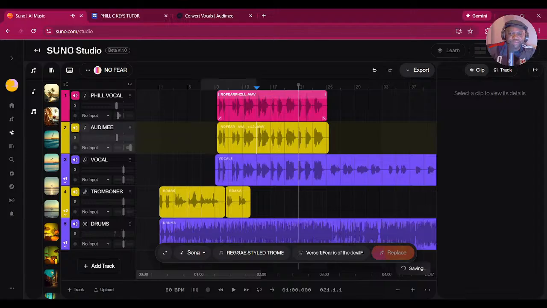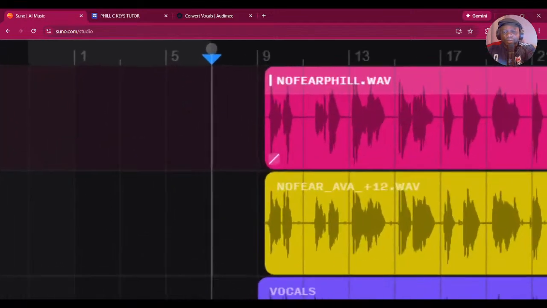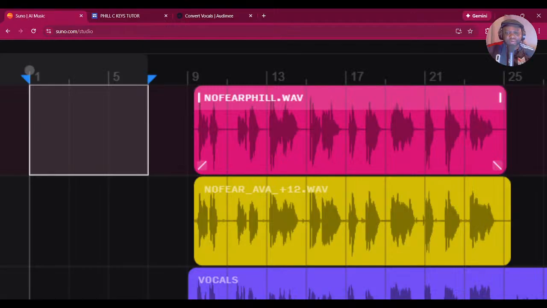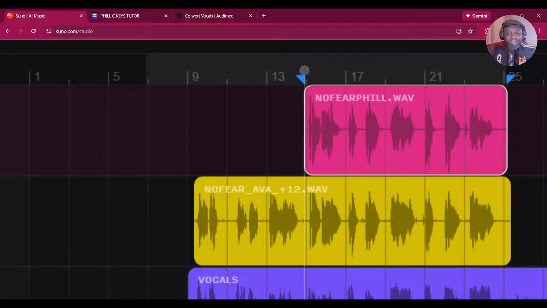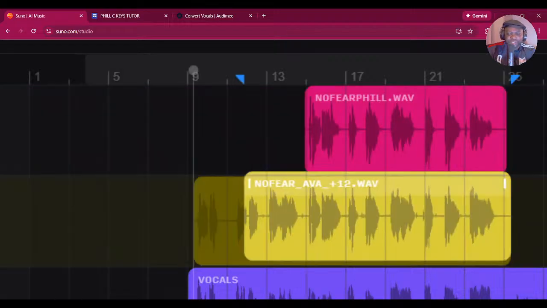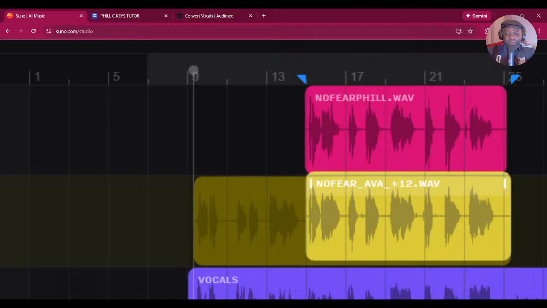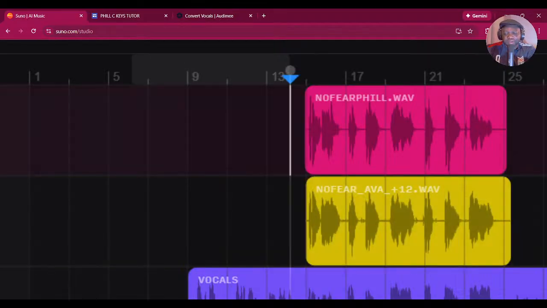Okay, so something else I could do is just truncate everything from the top. So let me explain. If I wanted this vocal to start from about 14 or 15, I could just tuck it in. I could hold down the control key so that it doesn't snap. And then these guys come in only on the chorus.